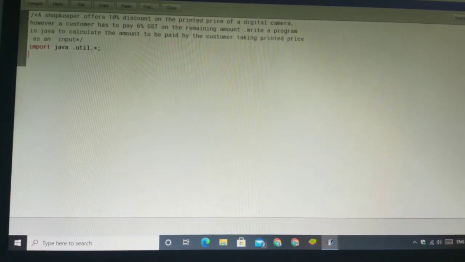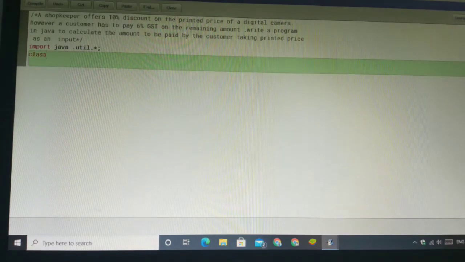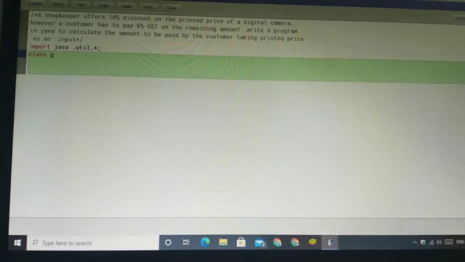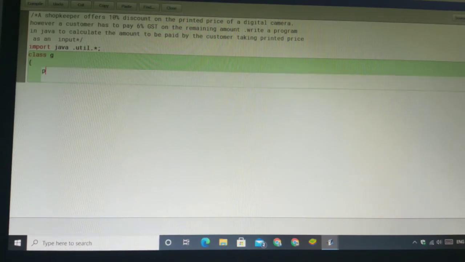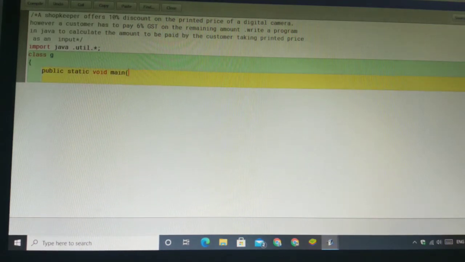Then class, class name G taken here, then open the curly braces, public static void main and String args. Then again open curly braces.